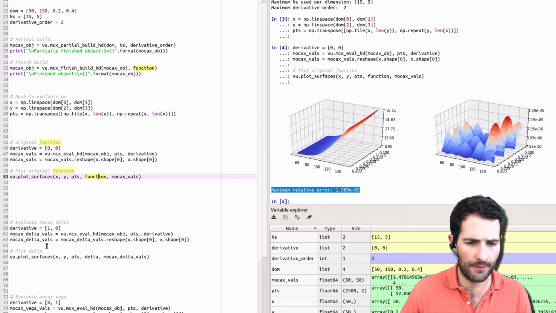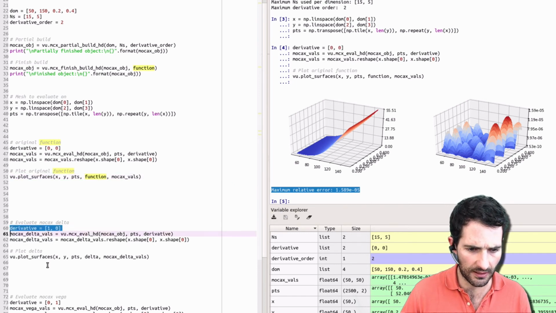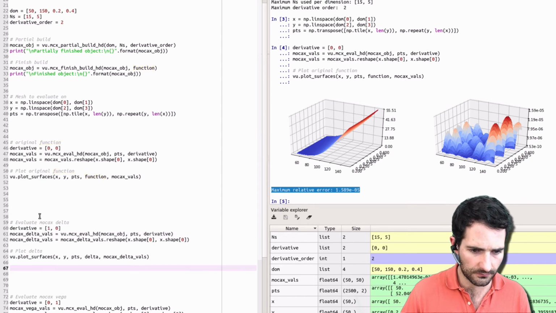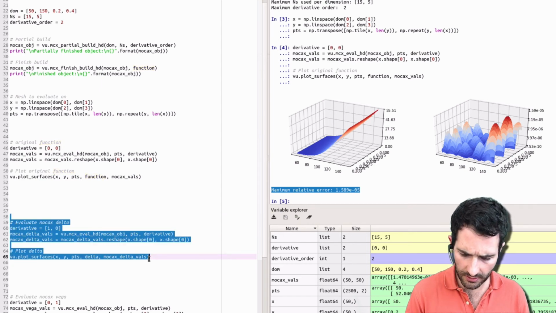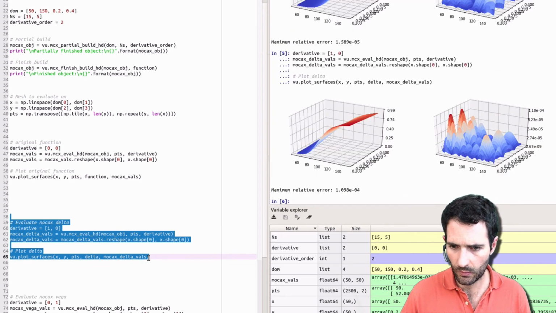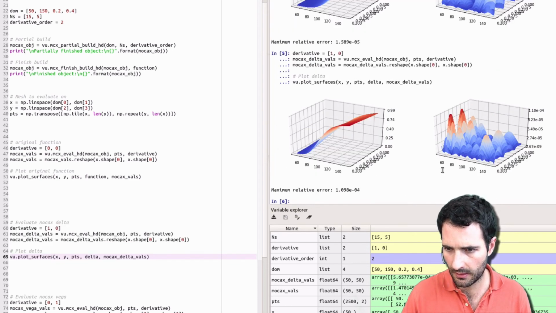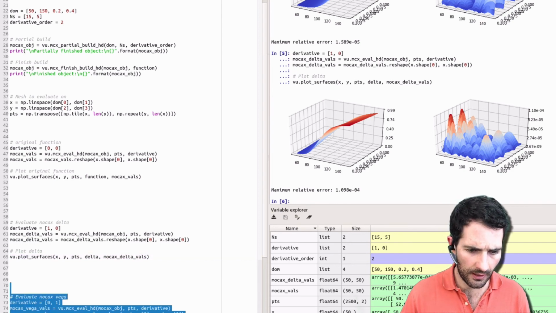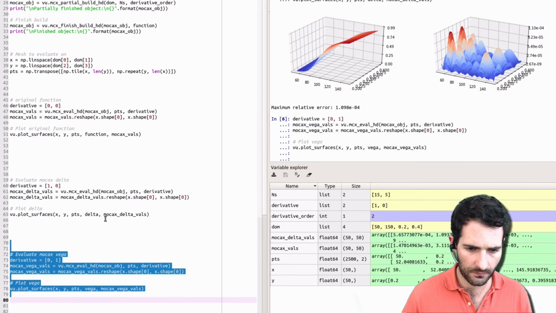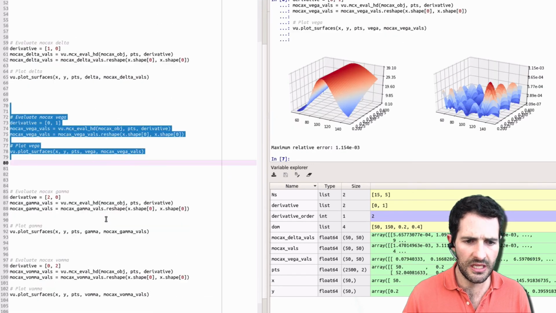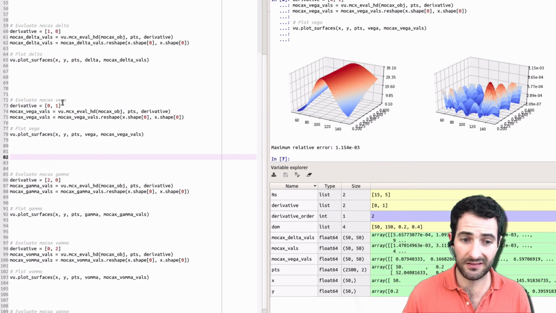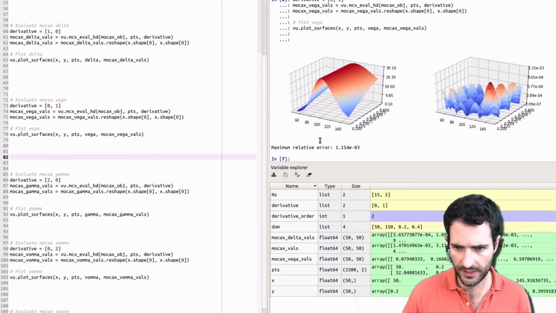If you want to see what happens with delta, in order to evaluate with the MoCaX object the replica of delta, we have to specify the derivative in this particular way, which is 1, 0. We run it, plot it, and what do we get? We get the delta, as you see here on the right-hand side, along with its corresponding error. And we have 10 to the minus 4. We do the same with the remaining derivatives. First of all, the first order derivative with respect to the other variable, which is vega. So we get the surface of vega along with the error, 10 to the minus 3,